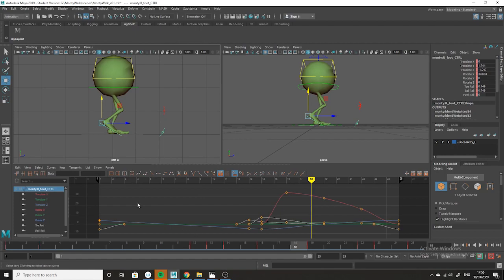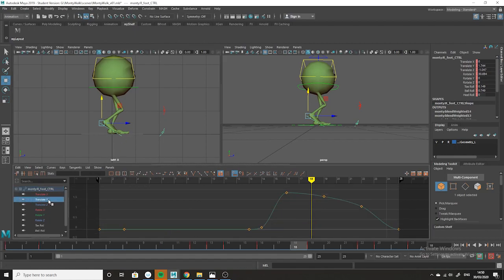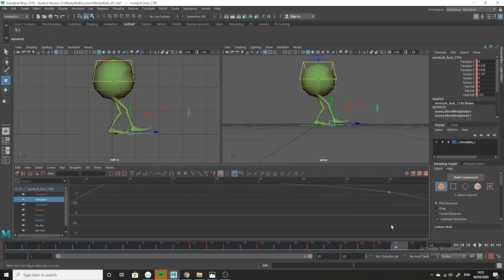Now I'm going to go into the Y translate now, and what I'm going to do is, as the foot comes down, it's coming down very lightly. I'm going to make it come down a little bit